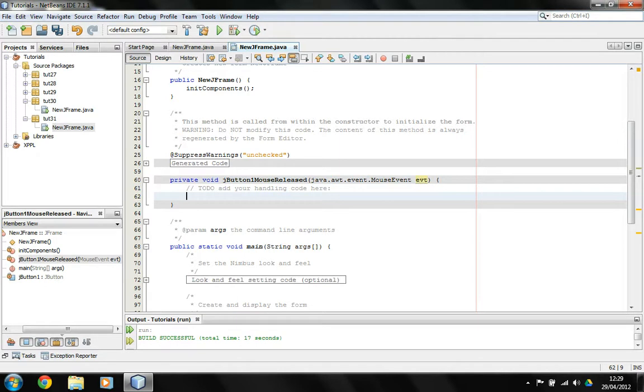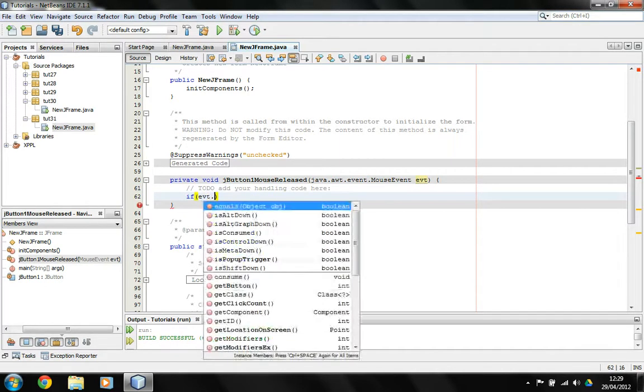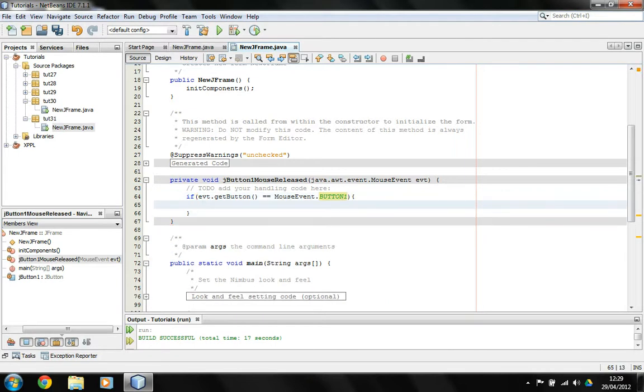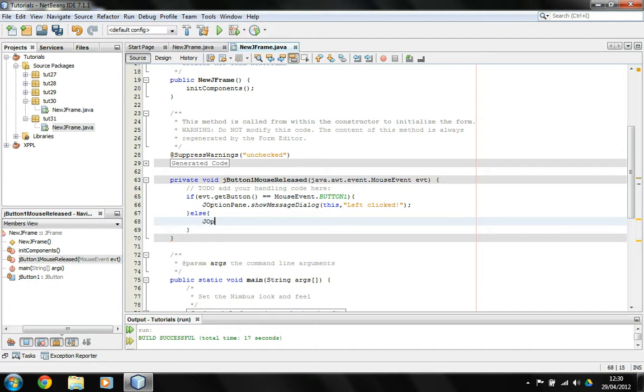So what you can say here is if EVT dot get button equals MouseEvent dot BUTTON1, which is your left click, then show a JOptionPane saying left clicked. Else, and right click, else if really,